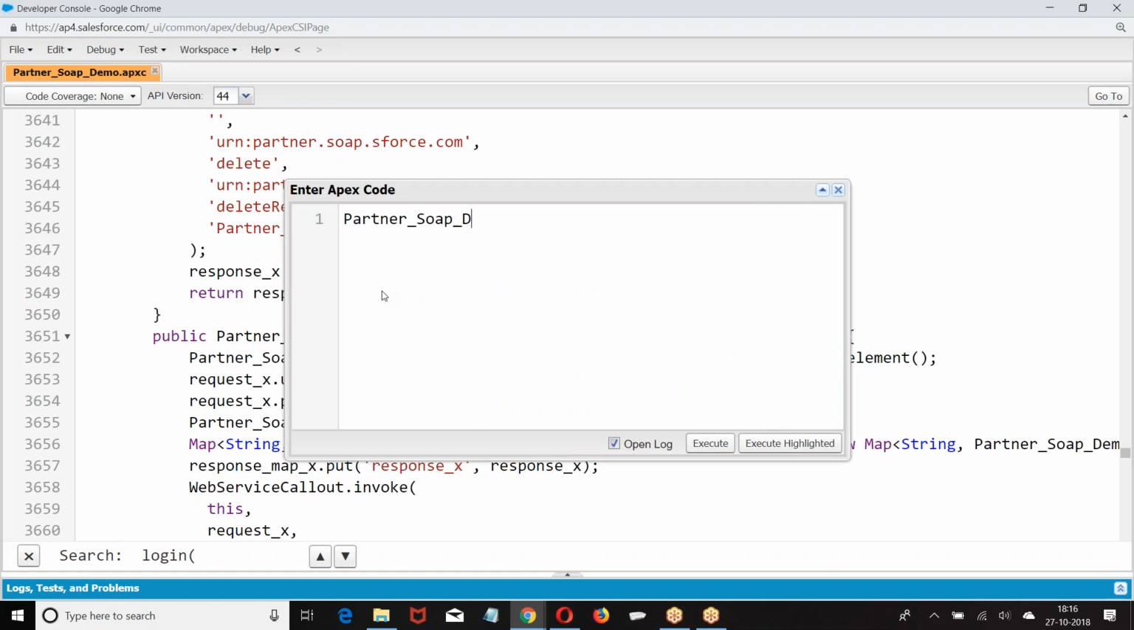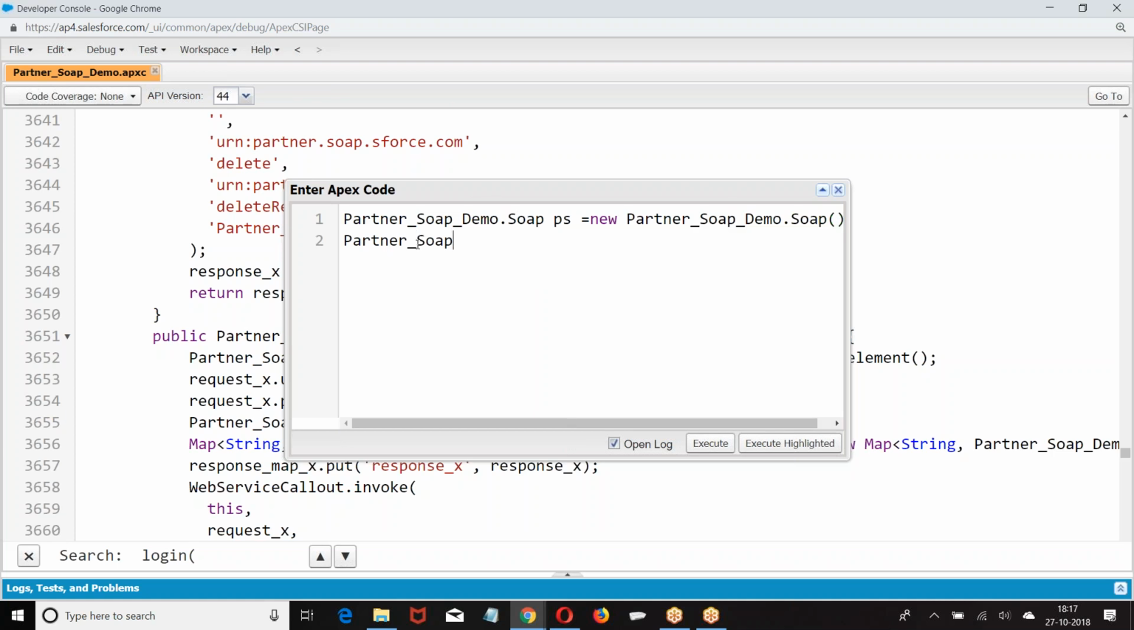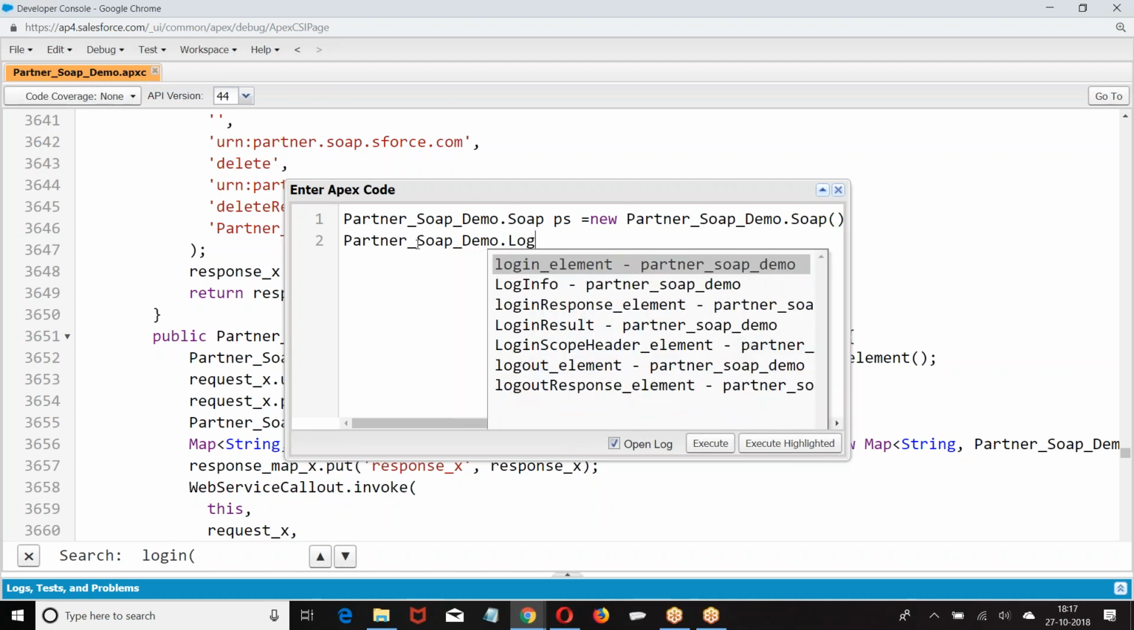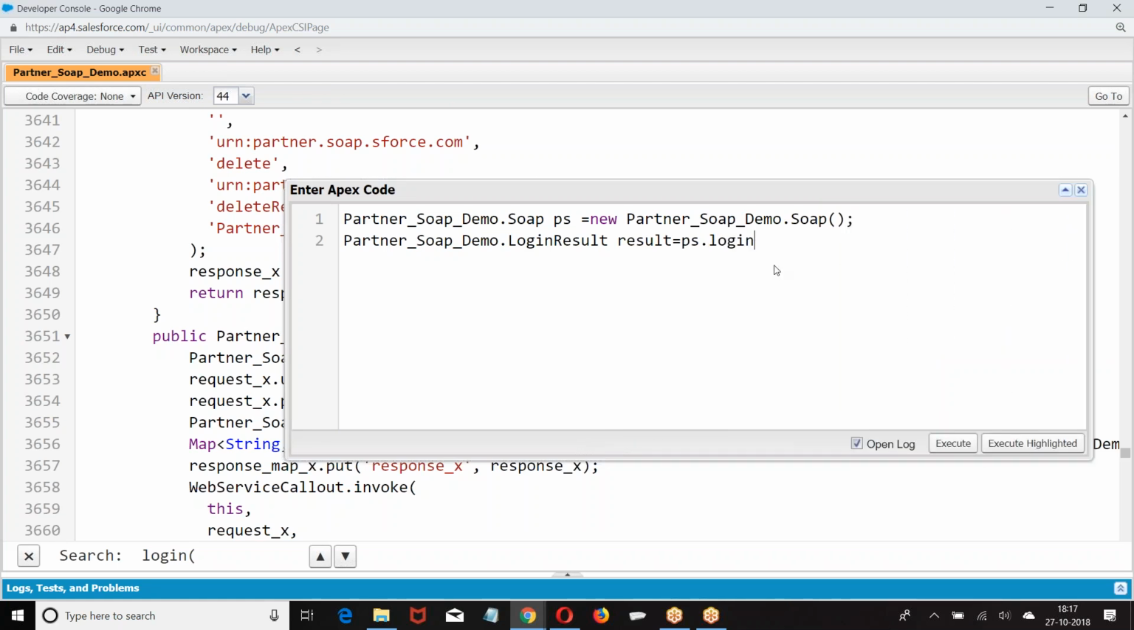Partner. So then I gave demo dot login, result equal to, what is the method? ps dot login. Then